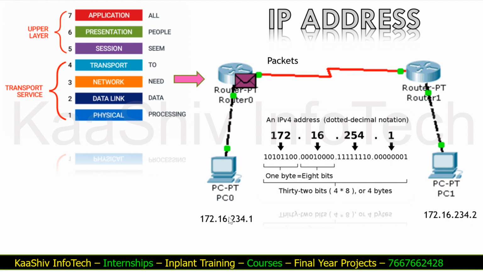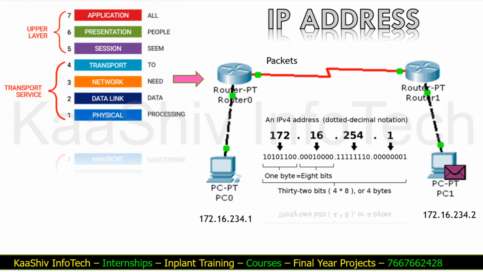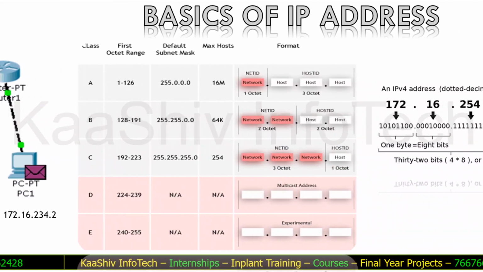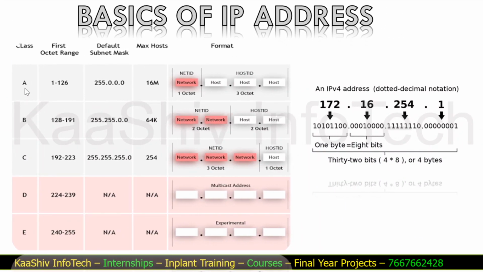For that, we need a number, a 4-part number that is called an IP address. This IP address is 4 numbers with a dot between them, and the total is 32 bits, and each number is 1 byte, which is equal to 8 bits. The communication via the router happens with this network layer, and the data is in the format of packets. If you talk about IP addresses, there are 5 different types available: A,